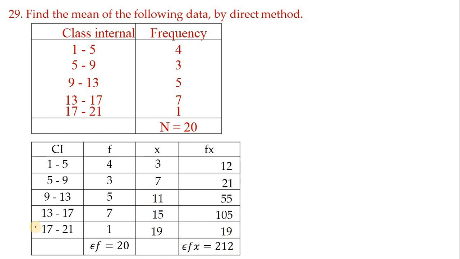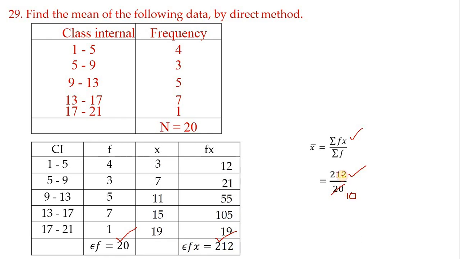By using this table, let us find the mean. Let us take the mean finding formula now. X bar is equal to sigma fx by sigma f. Very important. Keep this formula in mind. Here sigma fx is present and here sigma f is present. Let us substitute these numbers in the formula. We get this. Now let us simplify this.